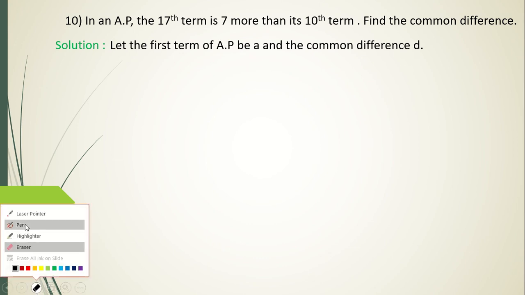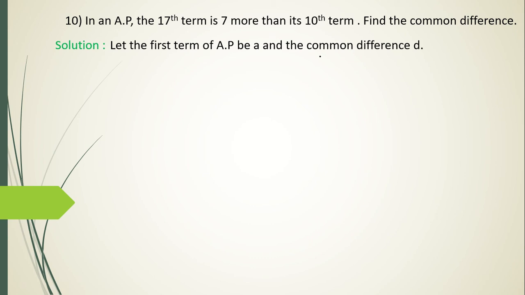Now what is given, just make a note of, always I tell, right? The 17th term is given, so that means T17 is 7 more than the 10th term. So 7 more, 7 less, I told you, add and subtract. It is not given times. Don't get confused in that. It is not given 7 times. It is given 7 more than the 10th term. This is the condition given here. T17 is 7 more than the 10th term, right?